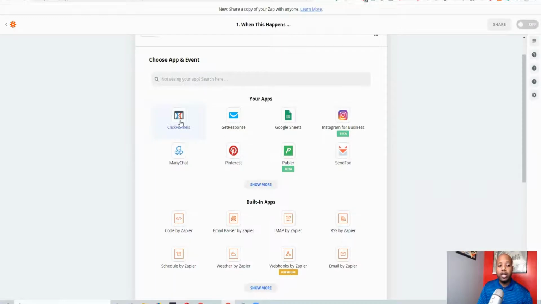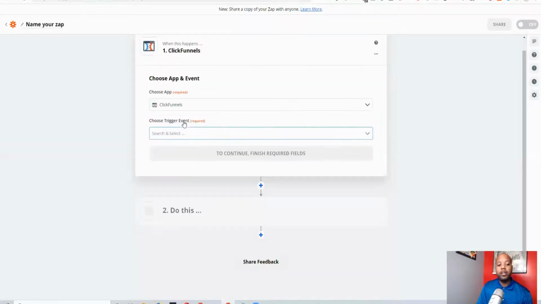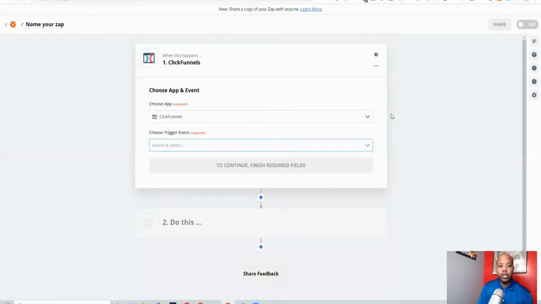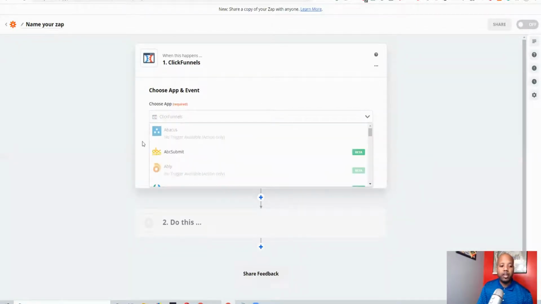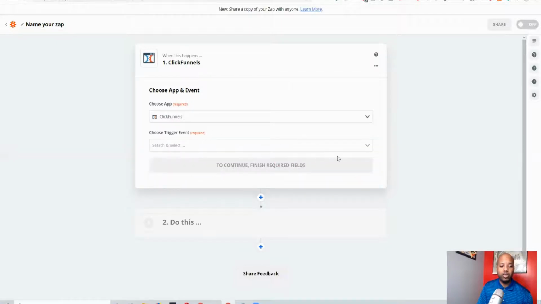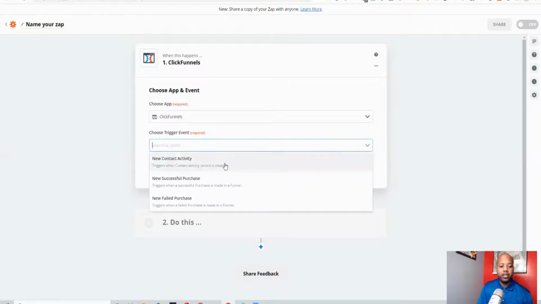So if you're trying to connect ClickFunnels with SendFox, you're going to have to put ClickFunnels first, which obviously my account's already in here, so it's going to be a little easier for me to do that. But if not, all you have to do is search for the app, and you go down here, and obviously I have ClickFunnels, which I chose the app, and then you connect, which depending on whatever you want to do, but usually once